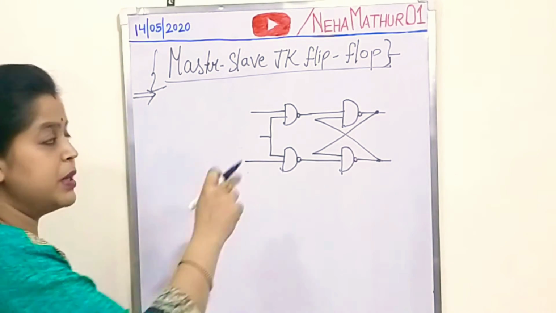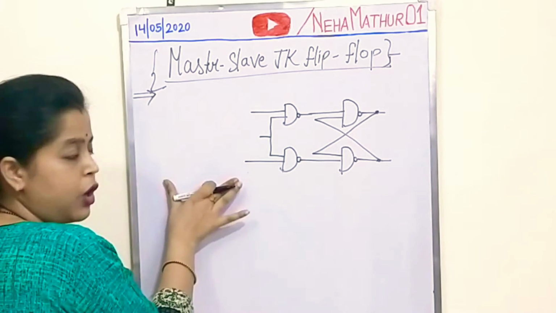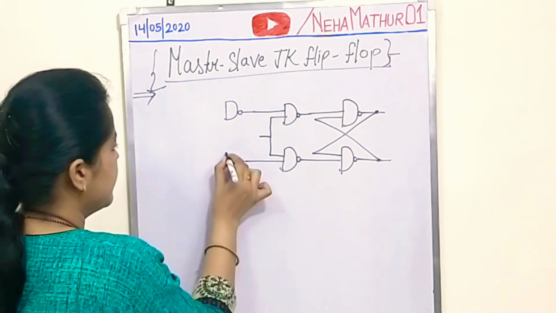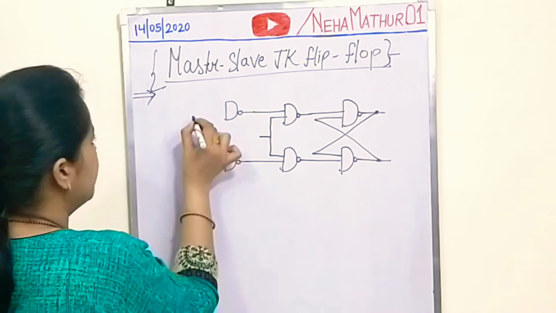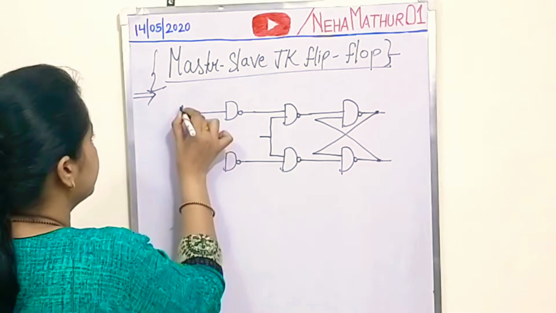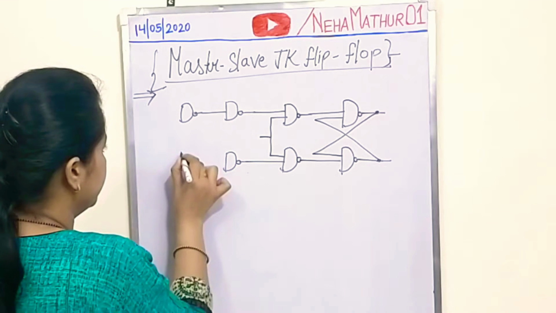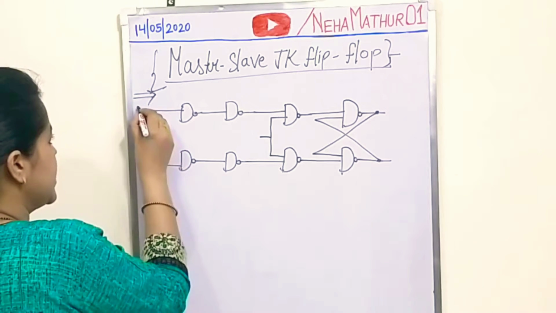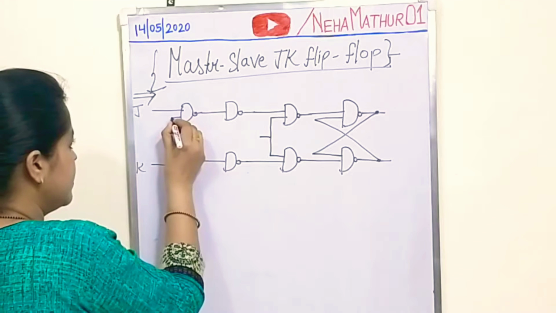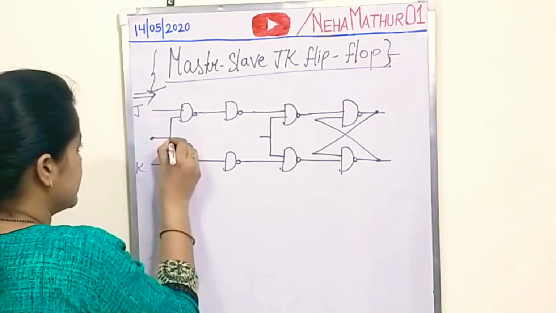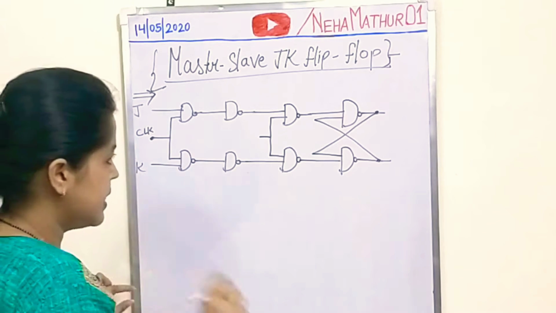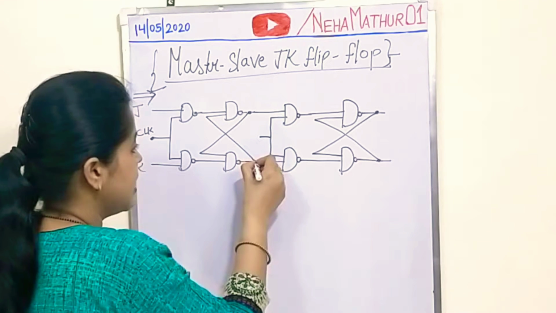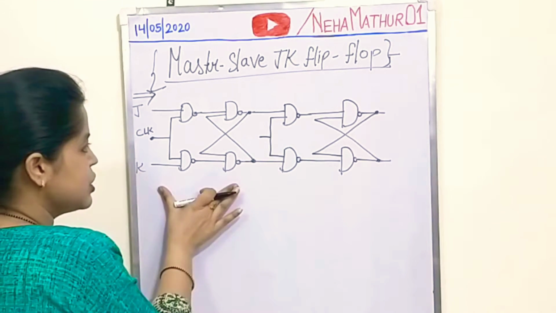Now since it is a combination of clocked SR and clocked JK, now I will draw the JK flip-flop with two inputs J and K and one common section for clock. Same, the back two NAND gates are in cross coupling structure. So this is the circuit.